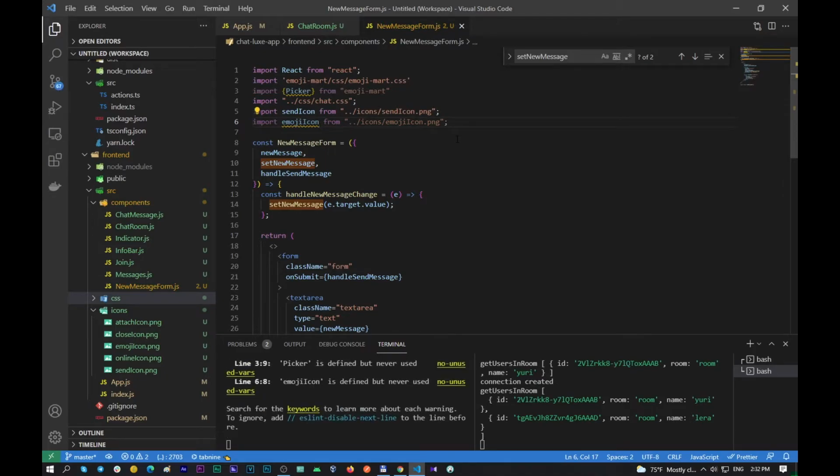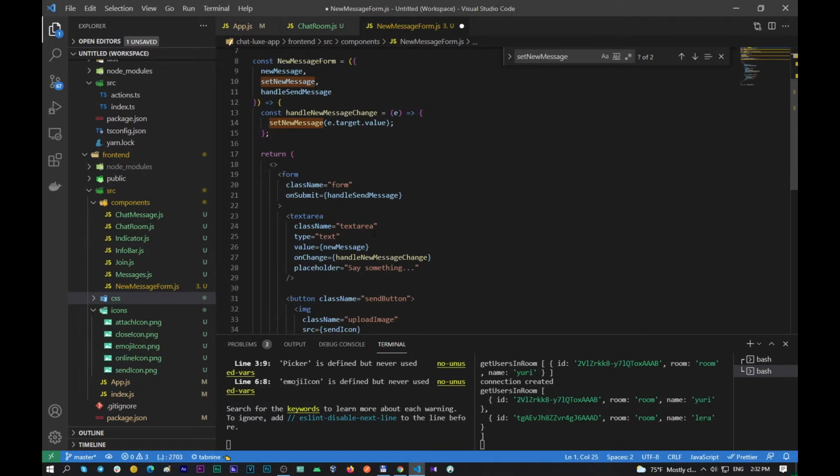So good. Well, and after that, what do we do next? So we need hook useState for showing our collection of emoji. So useState,